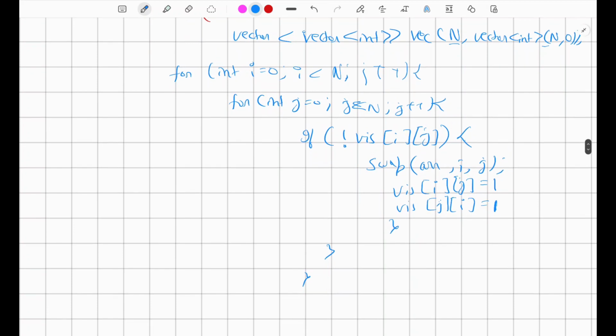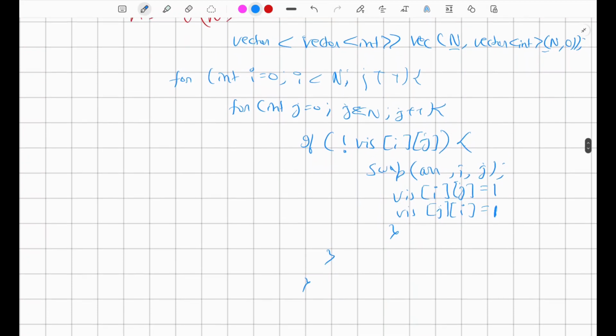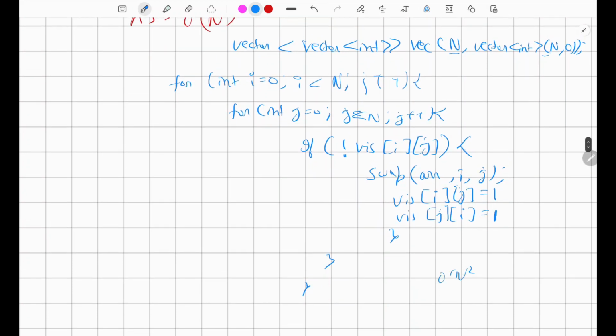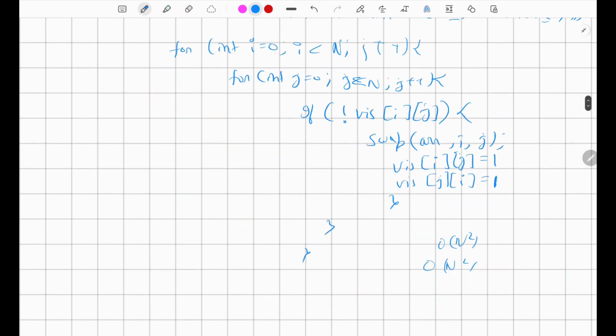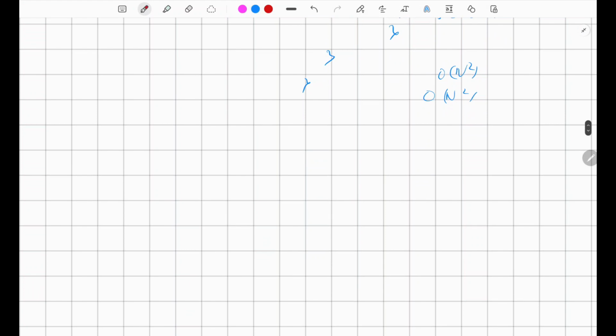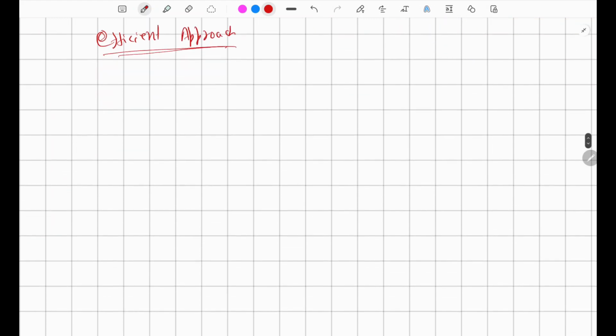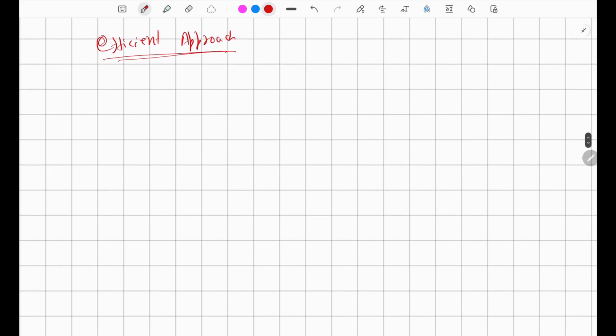So this is clearly taking big O of n square time complexity and big O of n square auxiliary space. Now this was the naive solution. Now let's talk about the efficient solution. Efficient approach. What would be the efficient approach? So the efficient approach would be